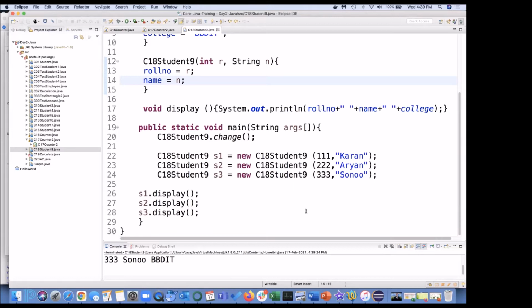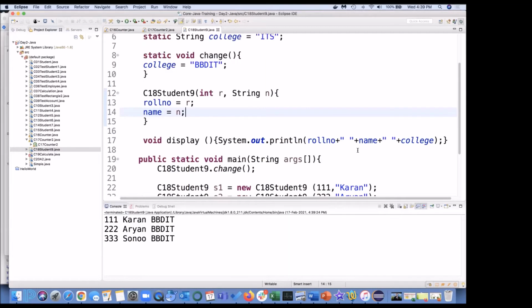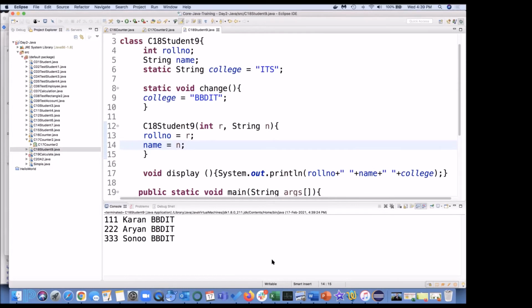ITS is what Shushmita is saying. And then when we executed, we got BBIT. Okay, Nitin, BBIT, Lakshmi also BBIT.